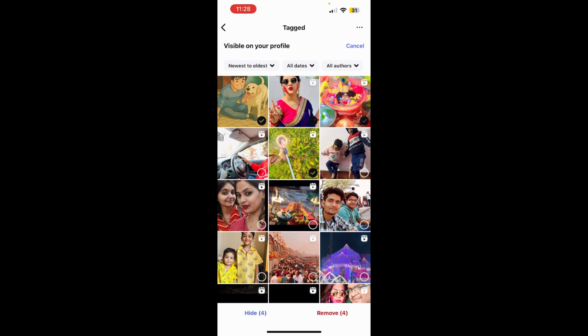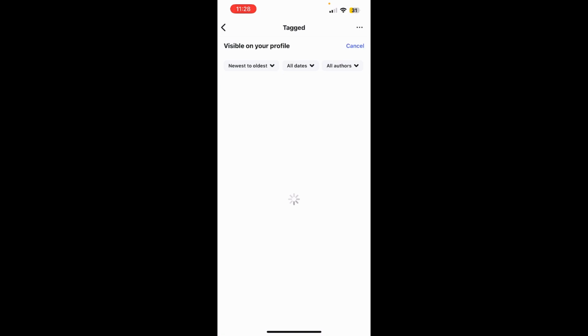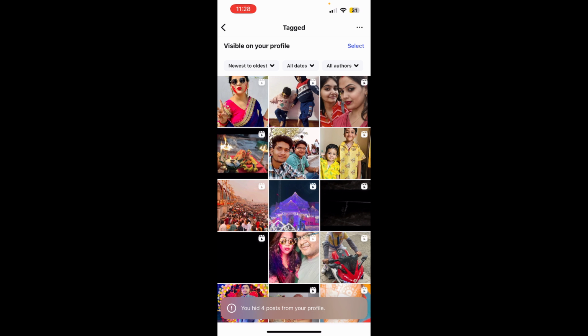Okay, just like this, maybe this one. Okay, so I selected 4 ones. Now at the bottom you can see two options, either to remove it or to hide it. So I'm going to click on hide. So you will still be tagged in these photos, but they won't appear in your profile. Click on the hide option, and just like this you can hide as many photos as you want from your profile,